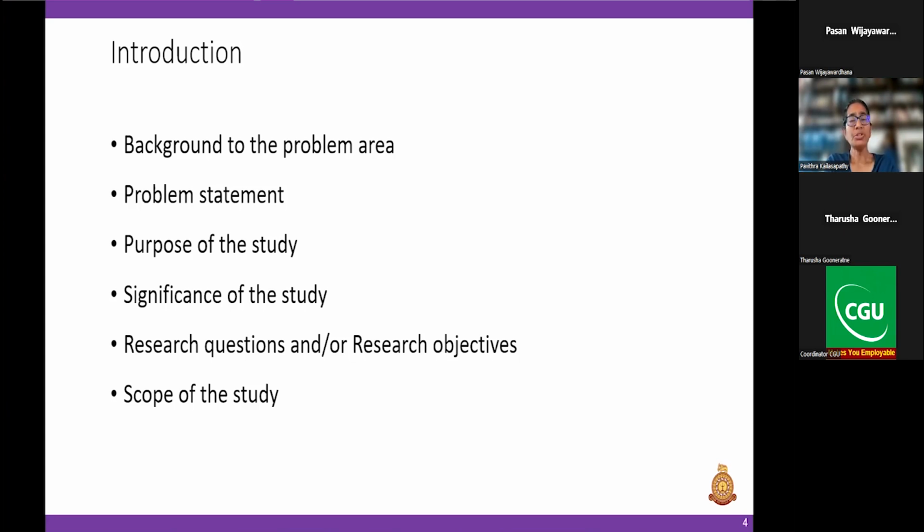Everybody knows, including yourself, your real research might differ quite extensively from what you write in your proposal, right? But for them to see